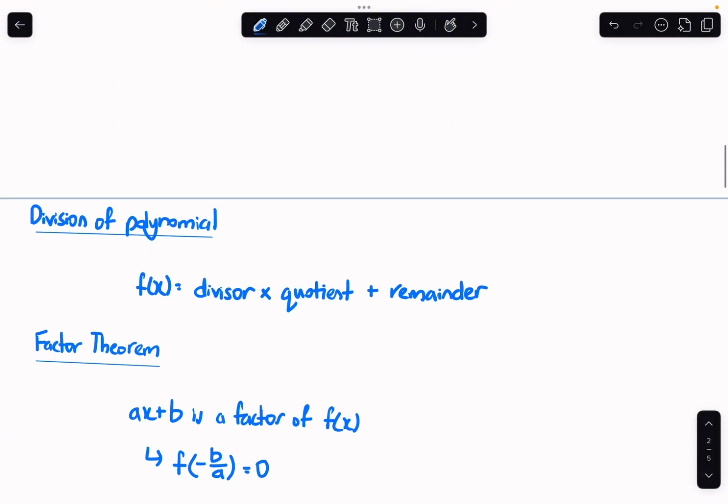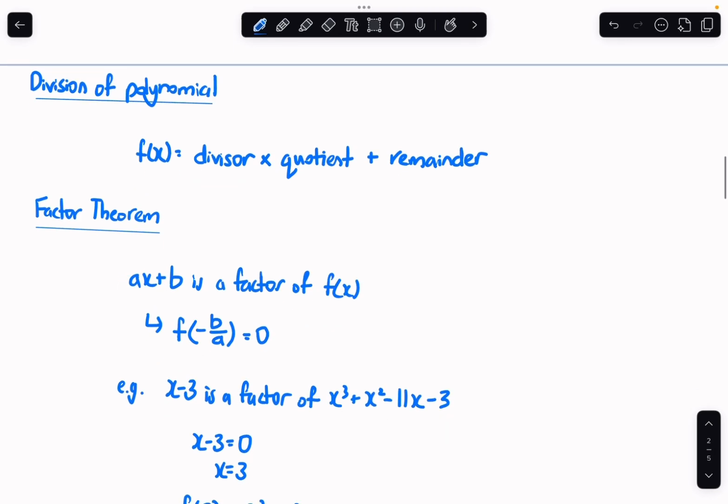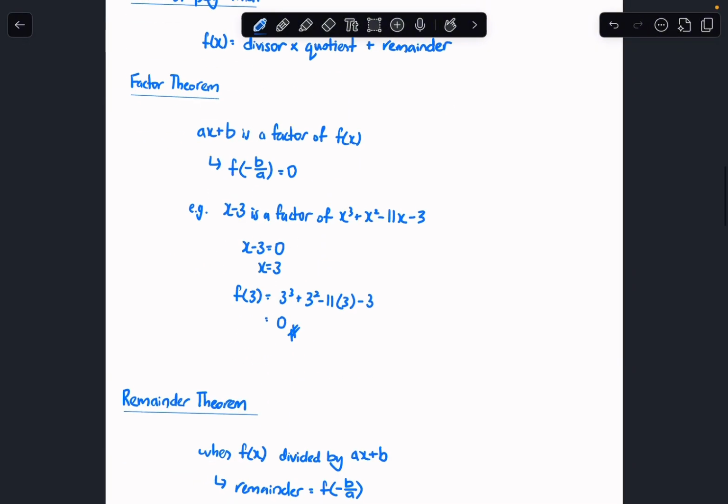Okay, now let's move on. So for division of polynomials, usually it will be equal to the divisor times quotient plus remainder if there is. Okay, so now let's get on to the most important part of polynomials, the two theorems, factor theorem and remainder